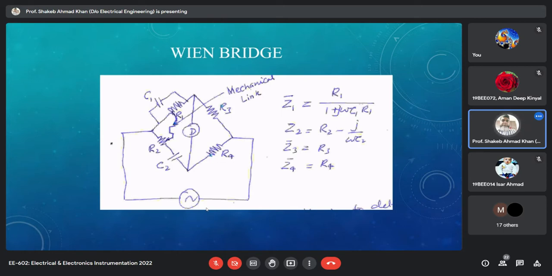This is true for all the bridges whose balance equations are frequency dependent. Obviously in the Wien bridge case, we want to determine the frequency only, so it is obvious that this balance equation should have the frequency term. But as far as the other cases where we are measuring inductance and capacitance, over there,